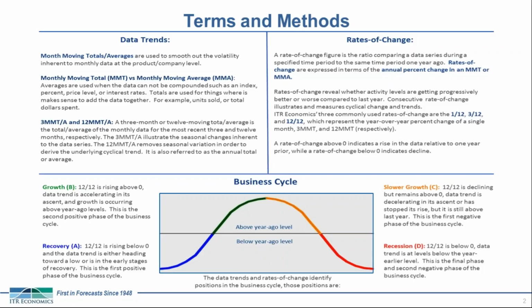Conversely, we have the worst case scenario, which is a hard landing. This is where any company or segment of the economy is currently in phase A, recovery, so that 12-12 is moving up to the zero line, and we see that figurative light at the end of the tunnel. However, it reaches a cyclical peak before transitioning the year-over-year rise and falls directly back into phase D, recession. This is generally seen during periods of significant structural shocks within the economy or just general macroeconomic recession.